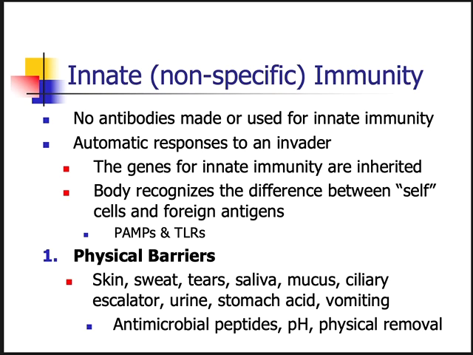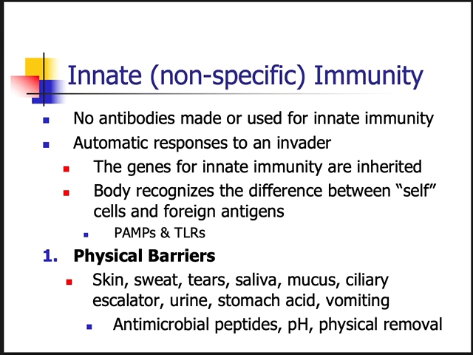Same idea with mucus. So your mucous membranes, your eyes, your nose, your mouth. Your intestines are mucous membranes as well. The idea is to constantly have fluid or mucus going over the surface to collect and remove any pathogens